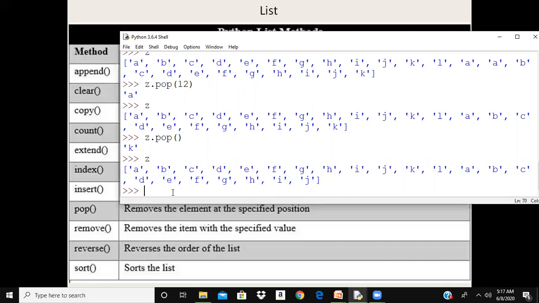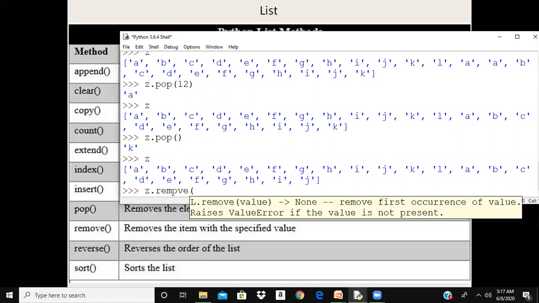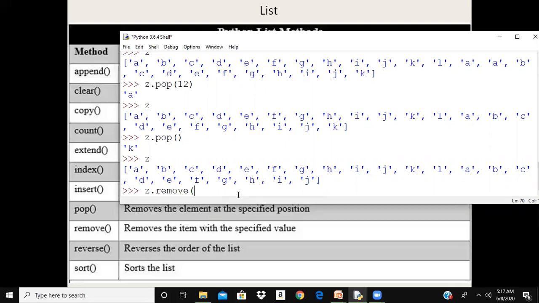We've got a particular function called remove. If I say Z dot remove, all these are methods. That is the reason object and dot operator is being used. Every time our interpreter is going to help us, you can see this IDLE shell is helping me. Remove, I need to pass a value. If I pass some value here, A, this will remove the first occurrence of A.